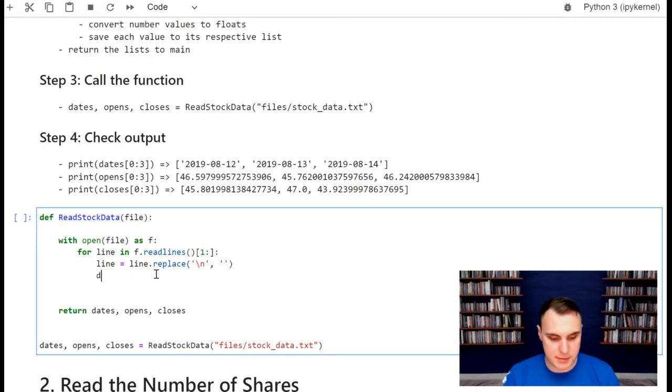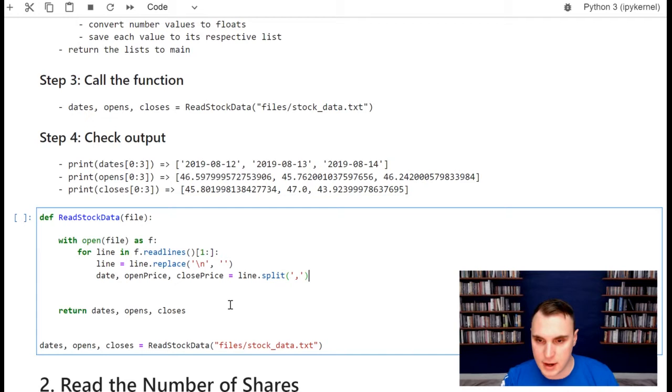Those are going to be passed back as the date, the open, and the close. Open and close are keywords, so I'm not going to use those. I am actually just going to call this open price and close price because I don't want to override. When we open the file, we used open here, so you don't want to save that as a new variable and override what the actual function is. So I'm going to call open and close price, and we are going to say line dot split, again, splitting